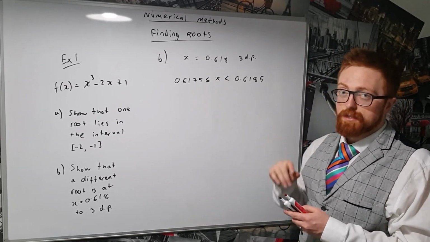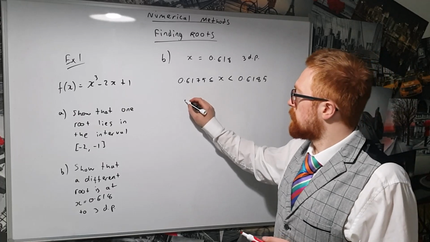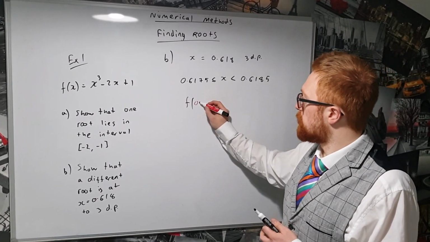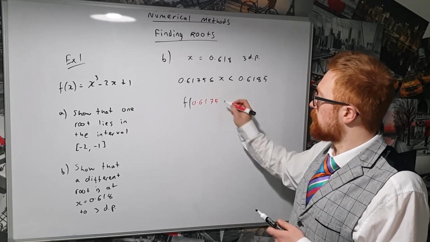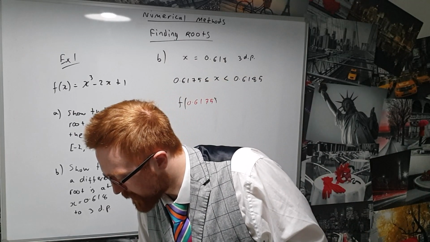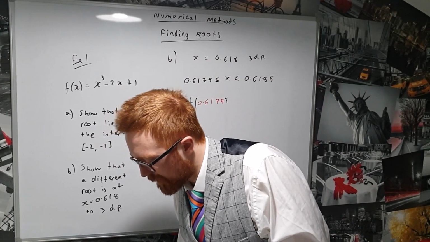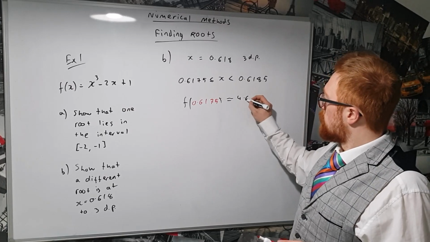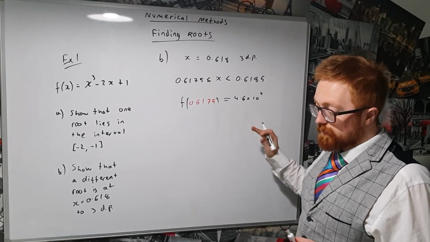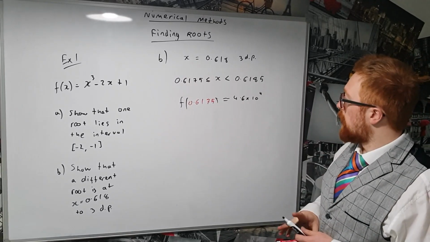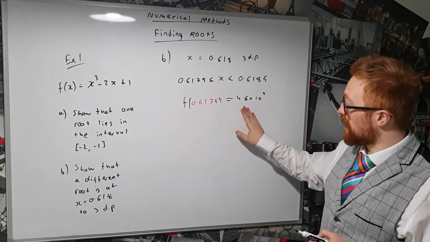But now we have our interval, so same as before, we find f of our lower bound, 0.6175. Obviously we're not going to do this by hand, we'll do this in our calculators, so that gives us about 4.6 times 10 to the 4. Really small, we'd expect it to be quite small, it's to 3 decimal places, but most importantly